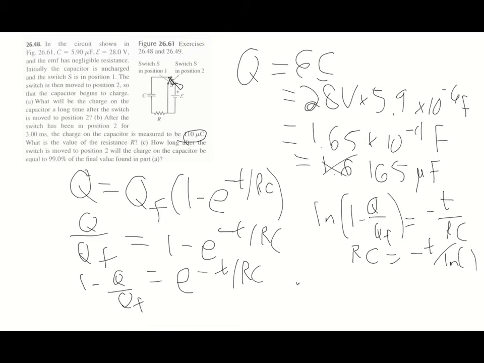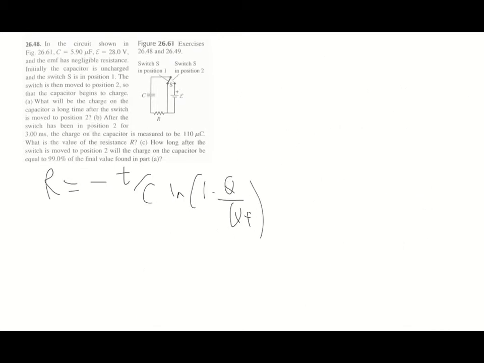And then the resistance itself is equal to negative T divided by C times the ln of 1 minus Q over the final charge. It's a little jumpy, but I just rewrote it again. Now we're going to plug all of our information into it. So minus, we got 3 milliseconds, so it's 3 times 10 to the negative 3rd seconds. We divide it by the capacitance, which is going to be 5.9 times 10 to the negative 6 farads. And the natural log of 1 minus